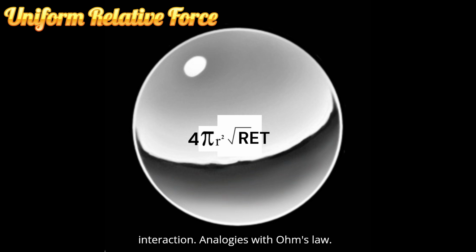Analogies with Ohm's law. Just as Ohm's law describes how electrical impedance affects the relationship between voltage and current, the concept of URF applies a similar logic to how different forms of matter and energy interact within the universe. Impedance here could be seen as the contextual resistance that governs how forces act upon different bodies, particles, atoms, or galaxies. Voltage as URF. The voltage in this analogy represents the potential force within a system.